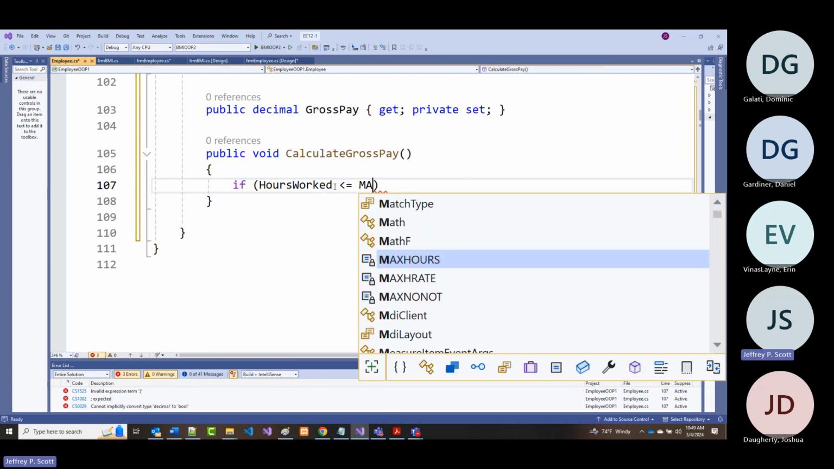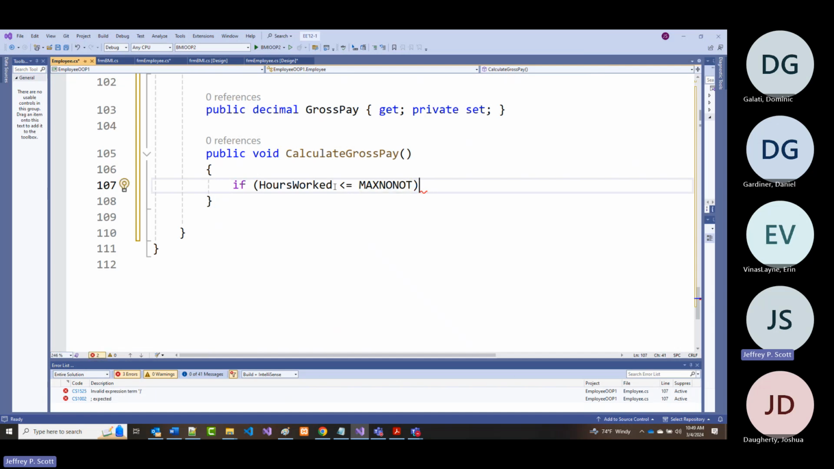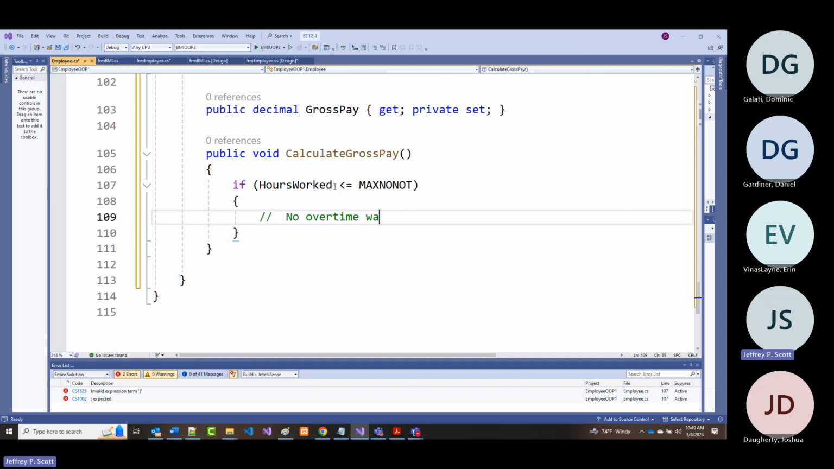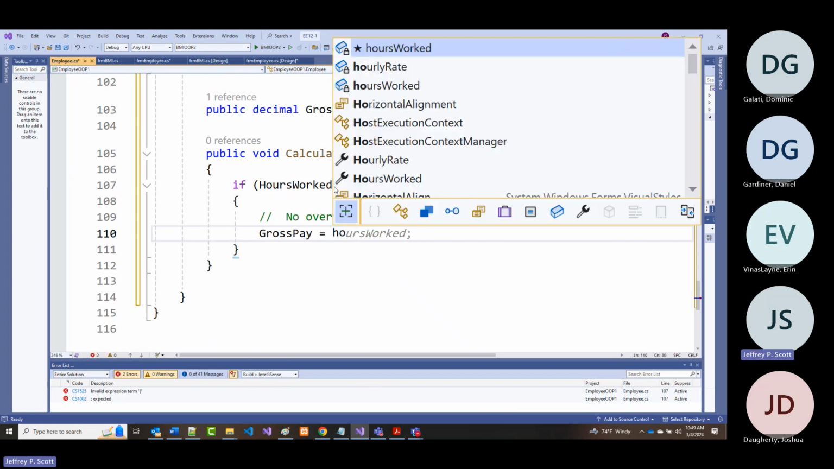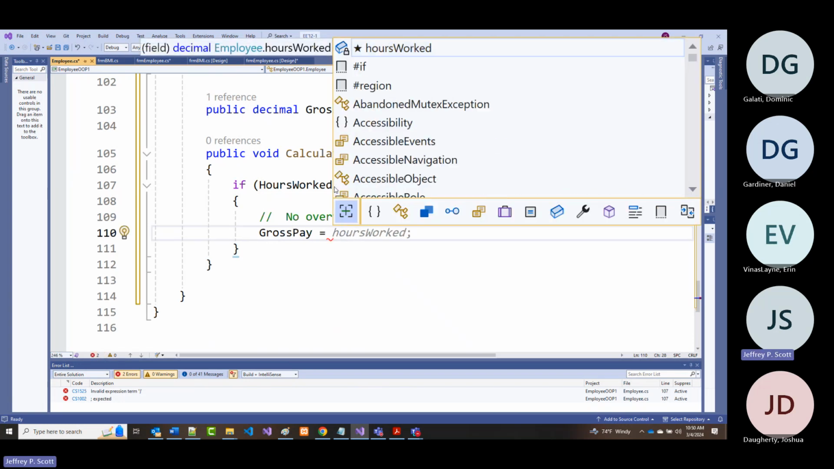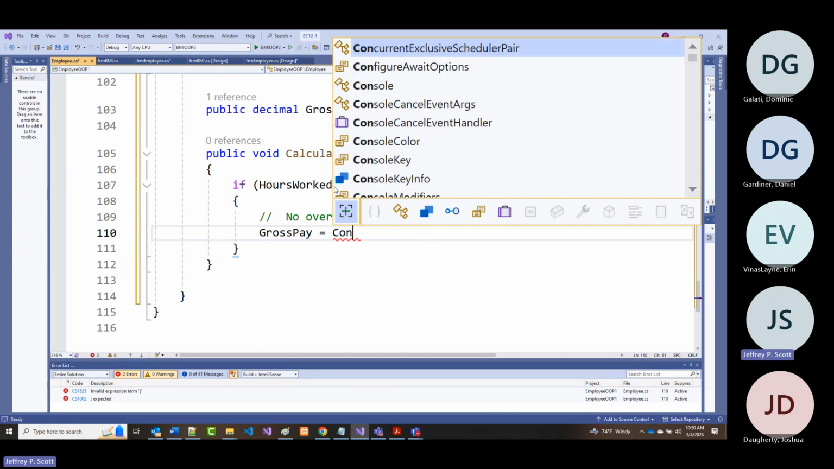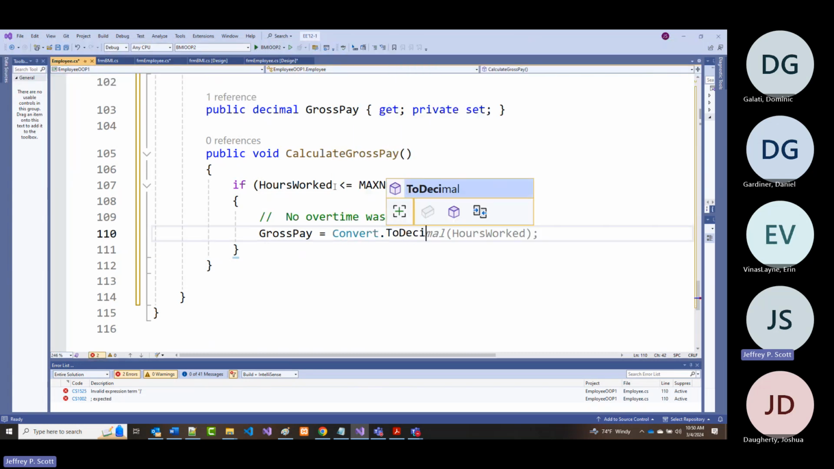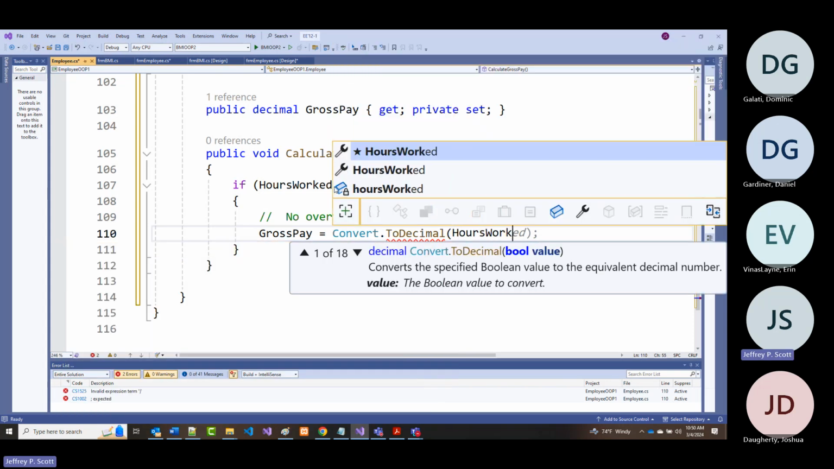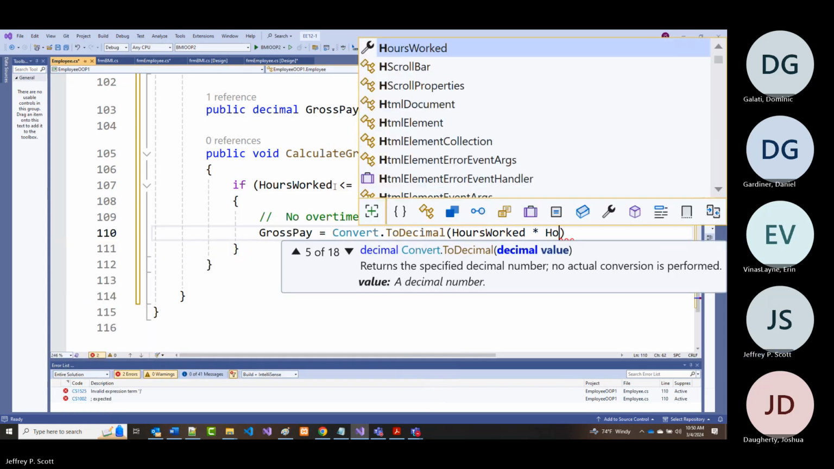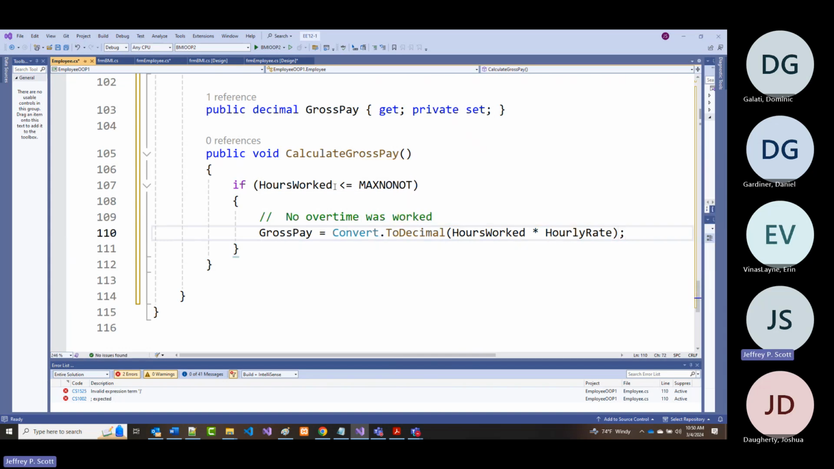So if it's less than or equal to max non-OT, well, what do you know? No overtime was worked. So the gross pay is simply equal to the hours worked times hourly rate. But just to be sure, I'm going to do a convert dot to decimal on there. And I'll put in hours worked times hourly rate. Because again, they have no overtime coming. Else,